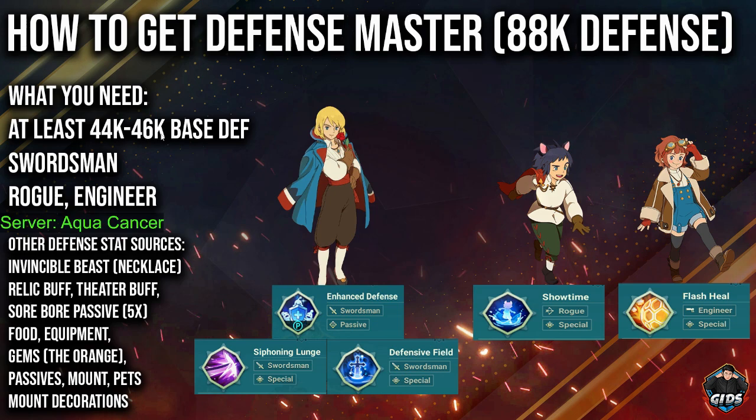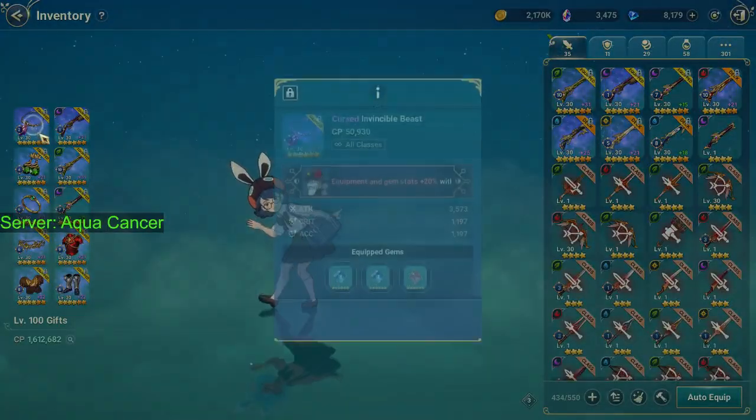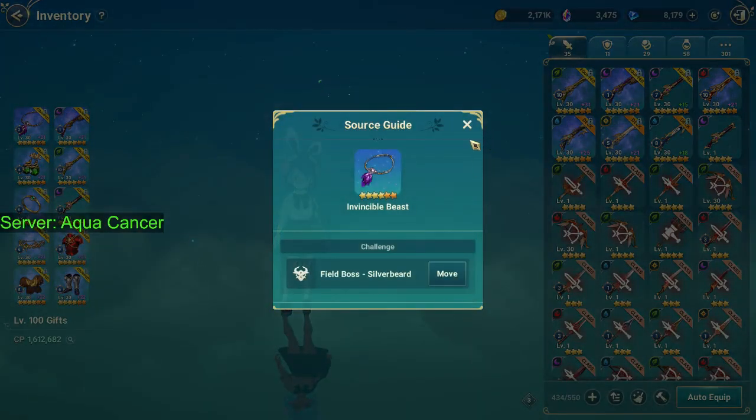Anyways, you're required to have a swordsman, rogue, and, well, engineer is going to be optional. Just get an engineer if you really need 10% more defense. Okay, so that's that. Other stat resources are down here, but I'll just show you in game. Okay, first of all, we have Invincible Beast. Invincible Beast is the rare necklace that you get from the field boss,